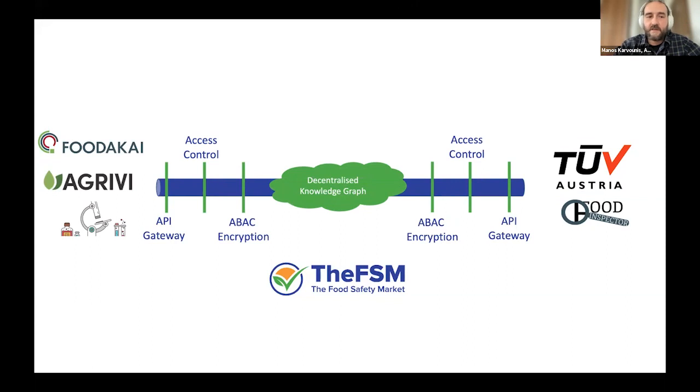And at the end, let's say you have a particular certificate of analysis that is issued by a laboratory. Instead of storing it internally and creating a silo inside your laboratory, you can use the FSM to upload it into the Decentralized Knowledge Graph. From there, any actor, like Ecosyster, that would like access to it can have access to it through the FSM platform and all the provisions for security, encryption, and access control provided by the project. That's all from me, and I think this is potentially a good time for Branimir to pitch in for the Decentralized Knowledge Graph as well.